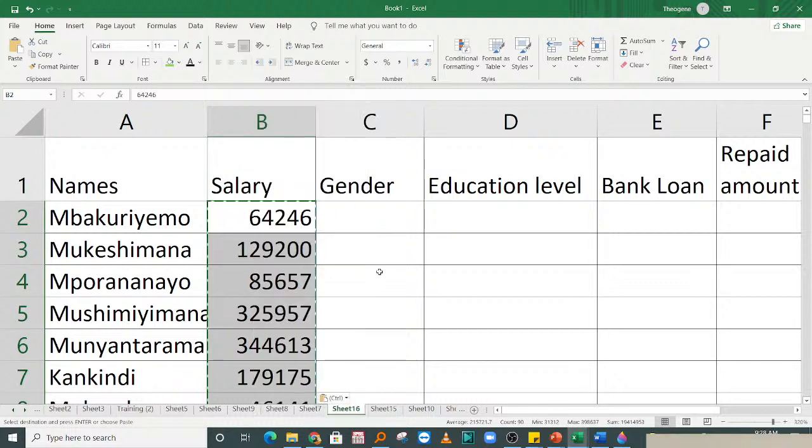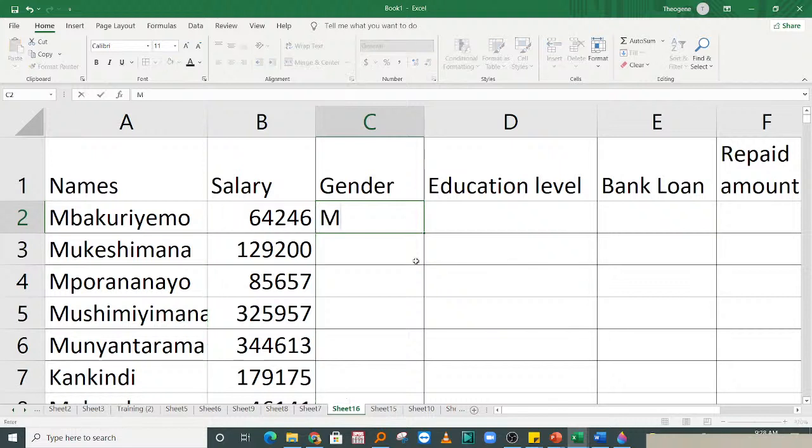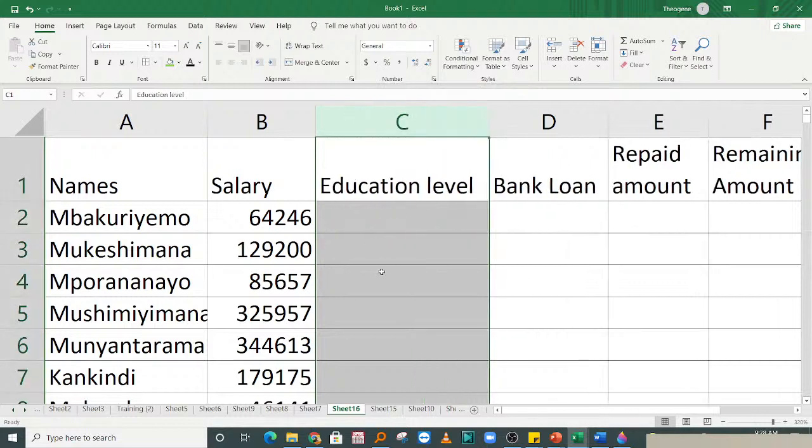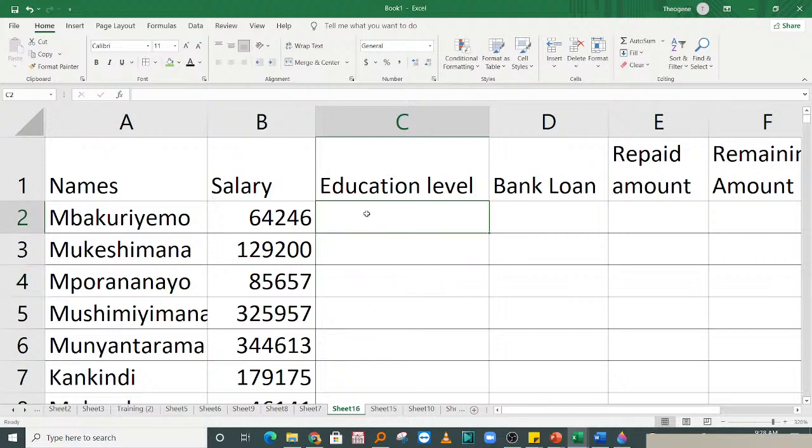So you have this gender. Let's say for example you have male and female, but okay, regardless of their names, I don't know. So let me remove this, because you can find someone who has a male's name but I assign the female gender to him. So let's use the education level. Education level, let's say for example we have